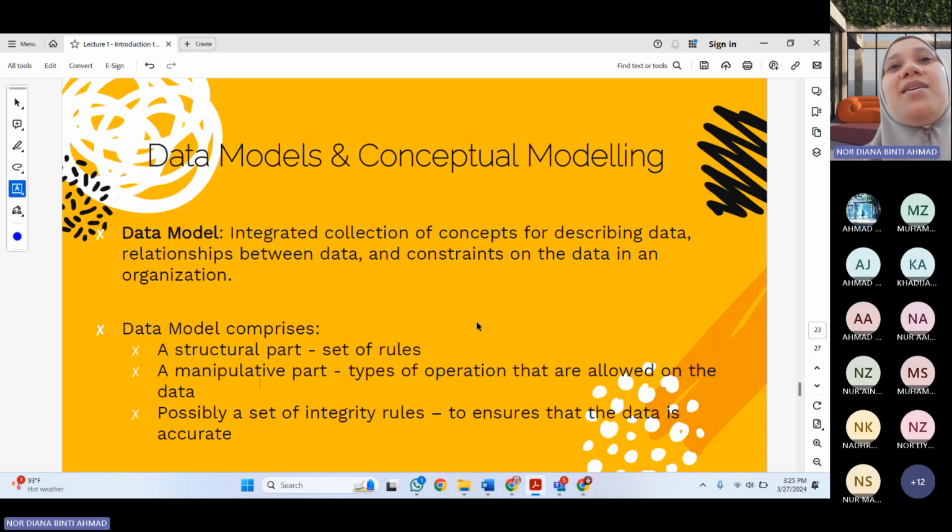Okay, data model. So when we talk about a data model, in any database system, before you come up with a data model, before you develop it, there is a methodology that you need to follow,